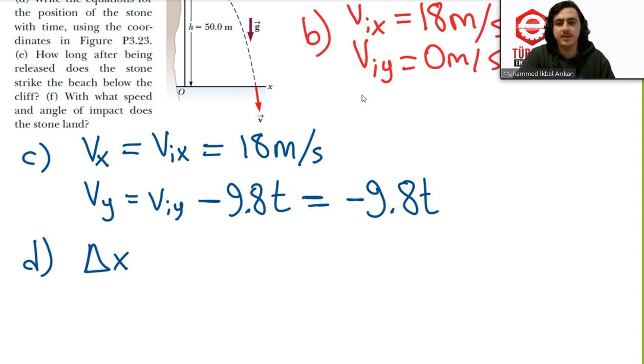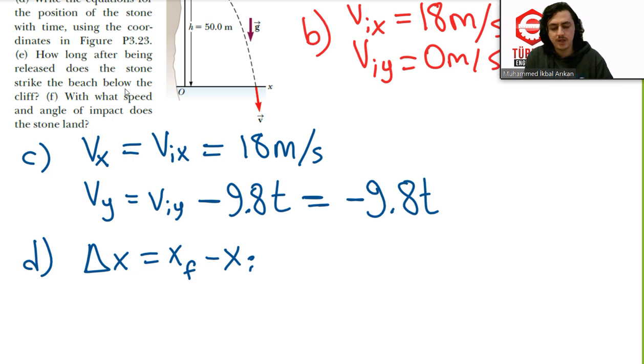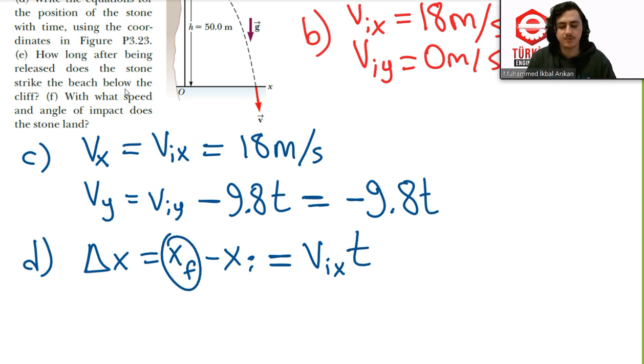Delta x will be just x final minus x initial. It's asking not for delta x, it's asking for the position. So just put your delta x formula. It will be v initial x times time. But actually it is not asking for this one. It's not asking for delta x, it's asking for x final. So because x initial is 0,